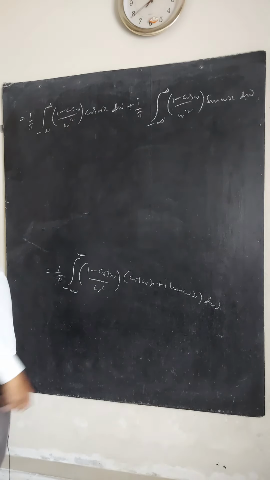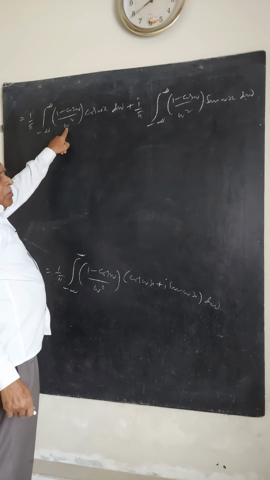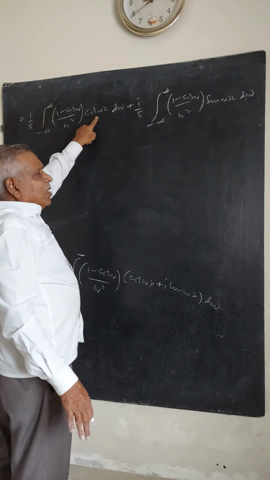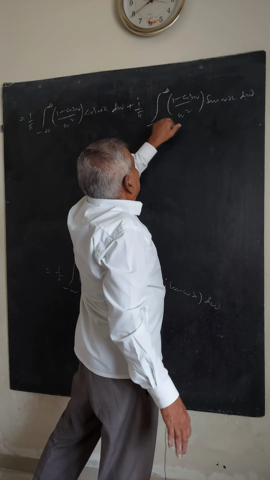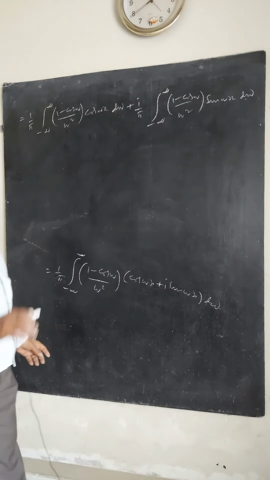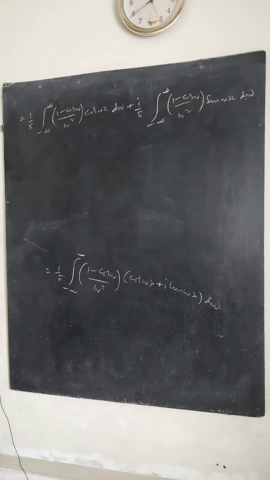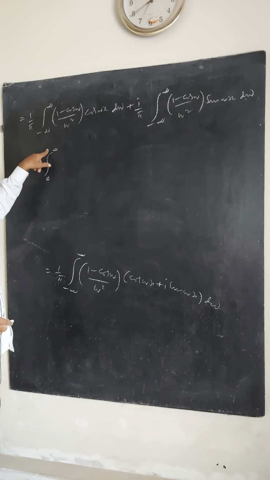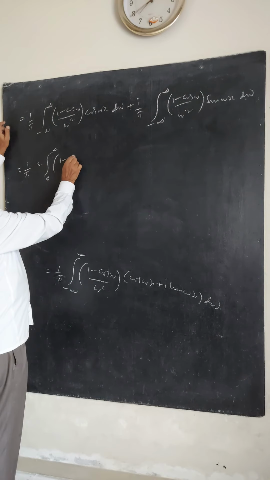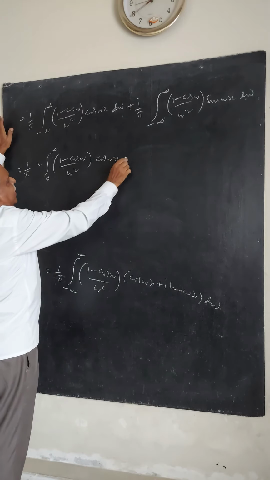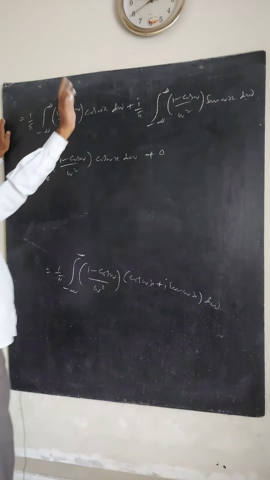See the first integral. Omega negative gives the same, square is positive. Cos won't give a negative outside, so this is completely positive, but sine will give a negative. Therefore, it's an odd function. I already told you, the imaginary parts, the odd functions, will become 0. Therefore, 1 by pi, twice of 0 to infinity, since it is an even function, twice of half the limit 0 to infinity, (1 minus cos omega) by omega square, cos omega x d omega, plus 0.